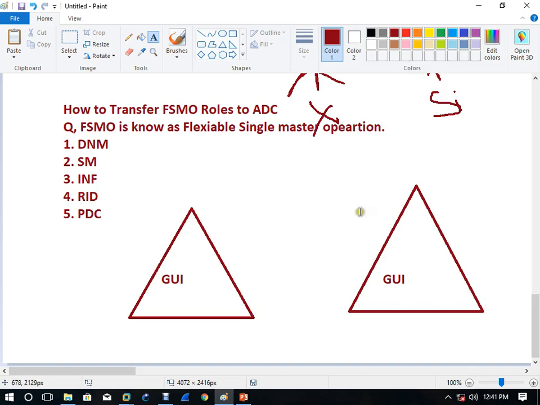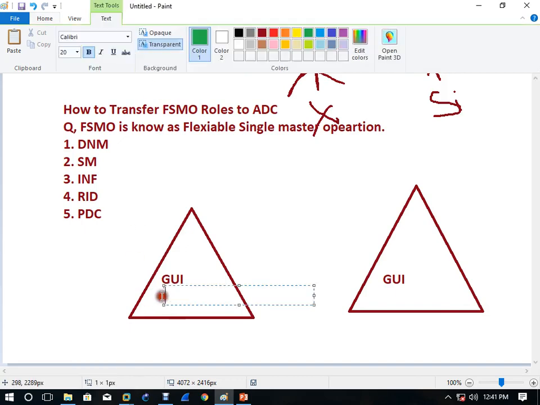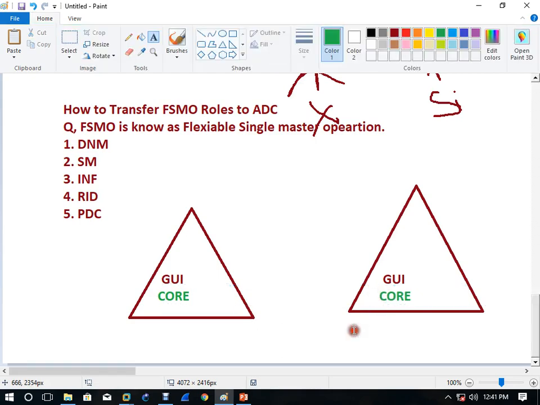But what happens if this one is core, and even this one is also core? Are you understanding my question? In that condition, how are you going to transfer? Seize is okay, you know the core seize command, right? But in core, how are you going to transfer?